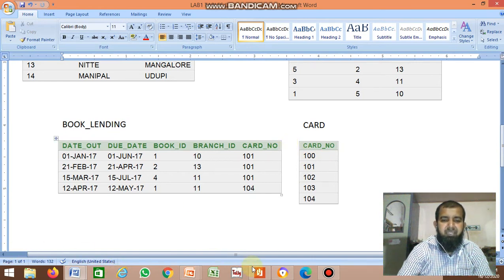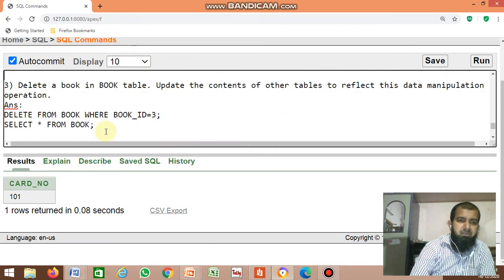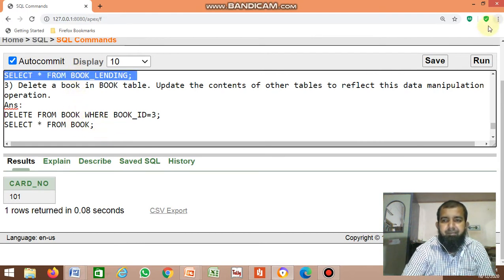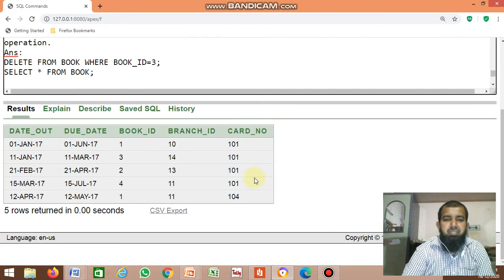Let's see the book lending table. Select star from book lending. Who is having more than 3 books?